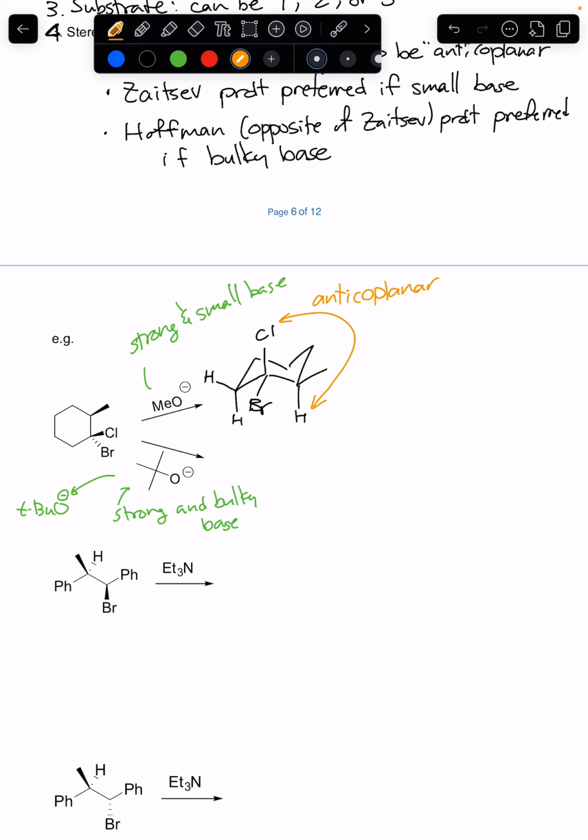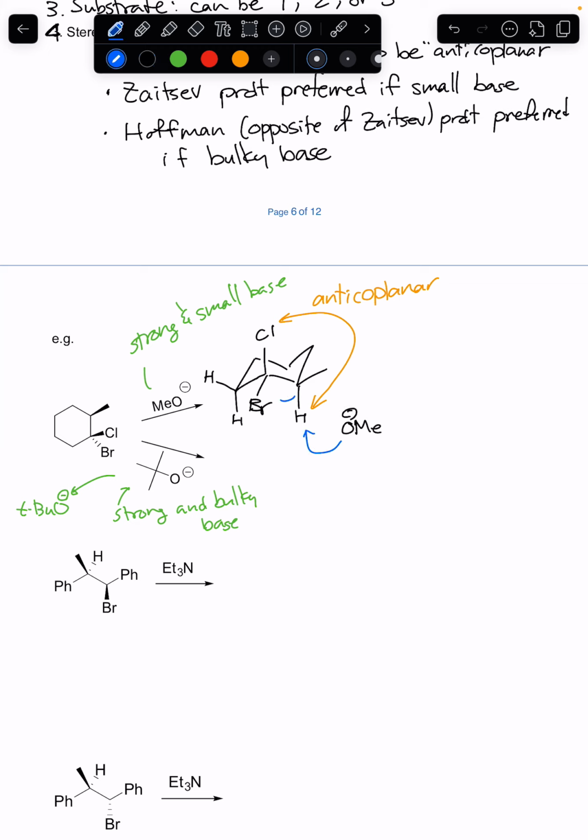They're both axial, so hopefully it makes sense that they're 180 degrees opposite of each other, and if you build a model, you'll see that these four atoms are in the same plane, meaning coplanar. And the methoxide would be able to grab